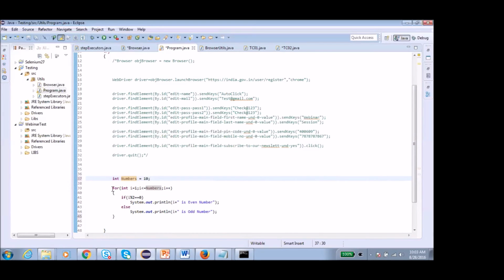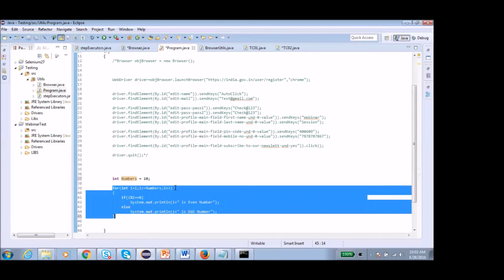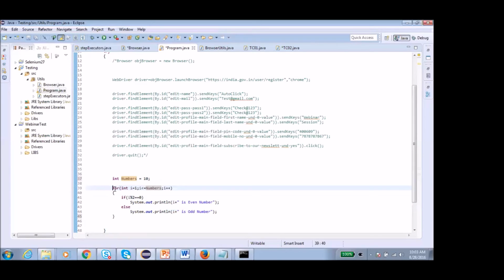What we are going to do from this program is print even numbers and odd numbers from 1 to 10. I have written a for loop over here, and I'll explain it line by line. For this, again there is a declaration of i. We can name it anything: I, J, K, or A, B, C, D. The data type is int.